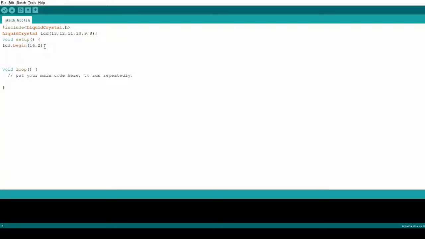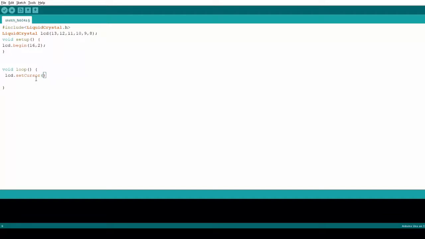So our setup function is finished. Then in the loop we give what we have to print on our LCD. Before that we write lcd.setCursor.